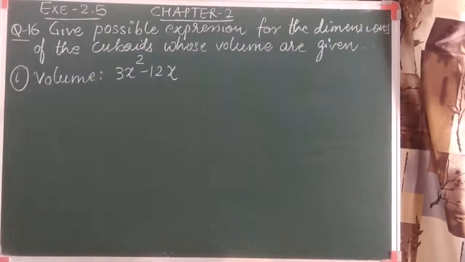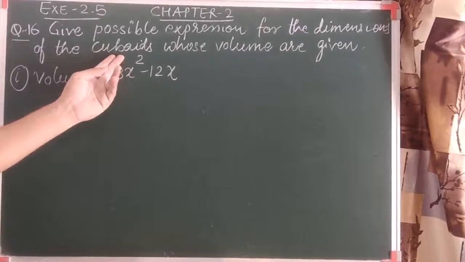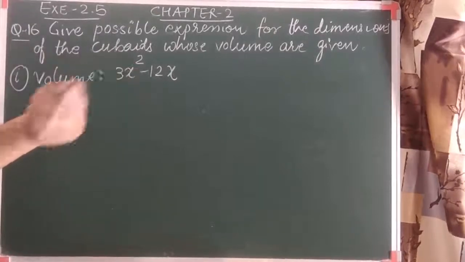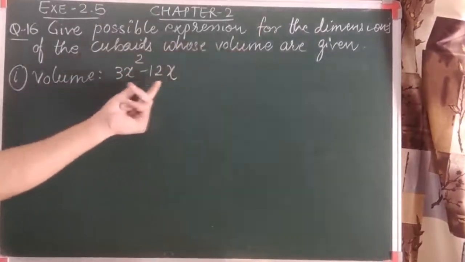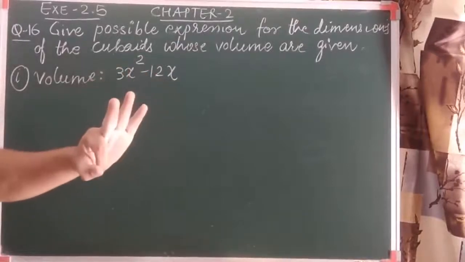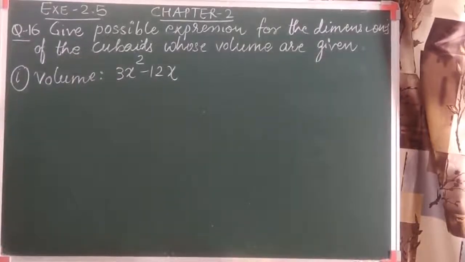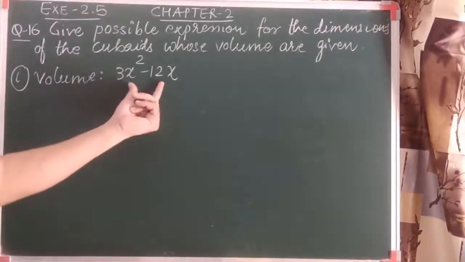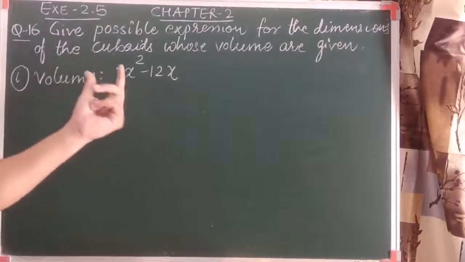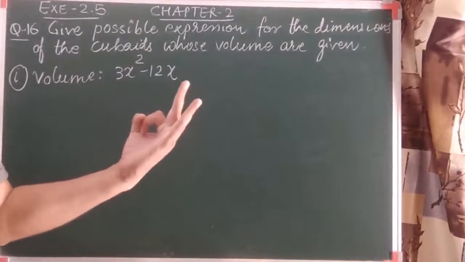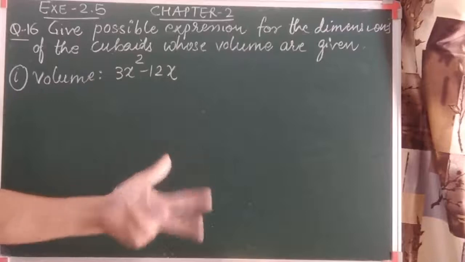Thank you. Look at this question. It is almost like the previous one which we have done. In the previous question, the object given was a rectangle. Here the solid object given is a cuboid. A cuboid has length, breadth and height. The volume is given. We have to find out all three dimensions of the cuboid: length, breadth and height. Again the concept is the same. We have to find the factors of this, but remember that we should get three factors: one is length, another is breadth, third is height.